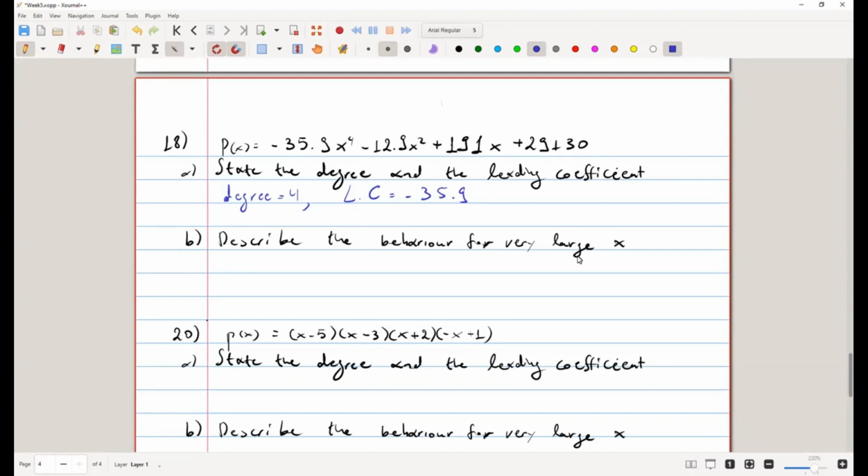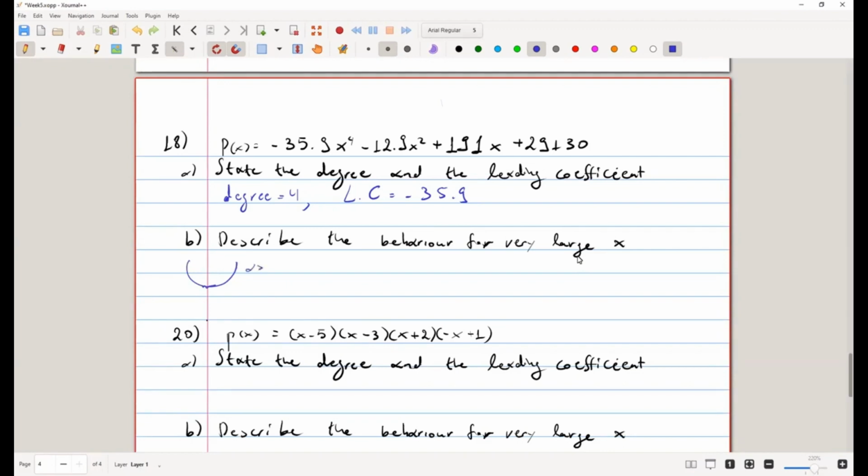We have to describe now the behavior for very large x. That implies going to minus infinity or going to plus infinity. Either case is very large. We don't just mean large in the sense of positive. It is a degree 4 polynomial, which is even. So the polynomial at the end will be looking something like this. Maybe it has some fluctuation there, but as we zoom out, we won't care about the fluctuation. We only care about those parts. Now that is for